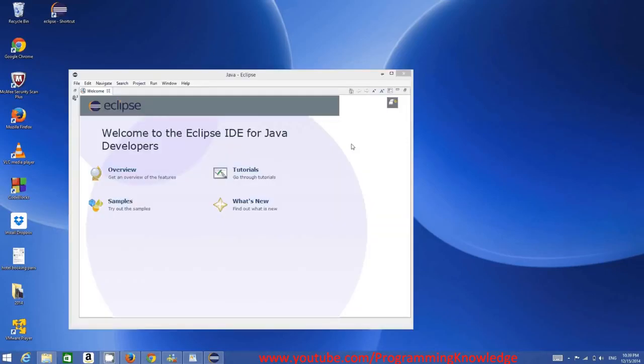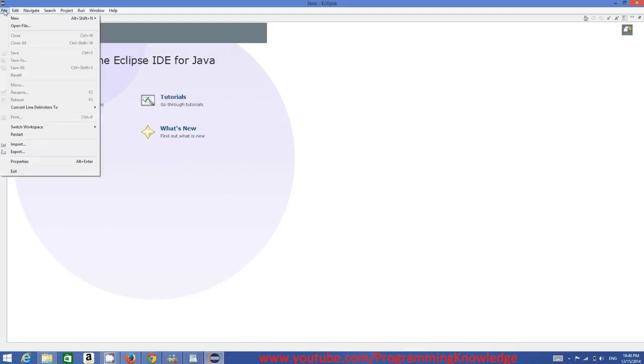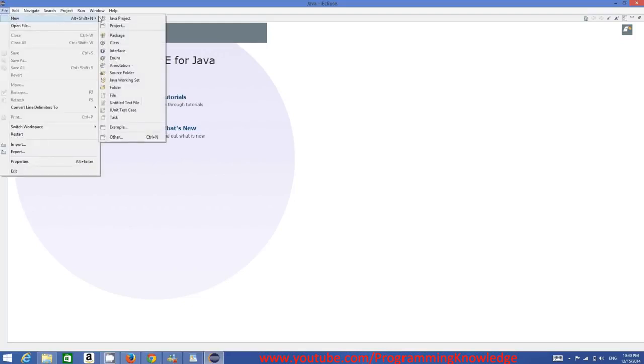Now Eclipse is open on my computer, right? So I will just maximize it, and I will be able to see this message, Welcome to the Eclipse IDE for Java Developers. And you can see they have some tutorials, samples, overview, and what's new. So to create a new project in Eclipse IDE, you just need to go to this File option here and go to New, and we are going to create a new Java project. So just click Java Project,